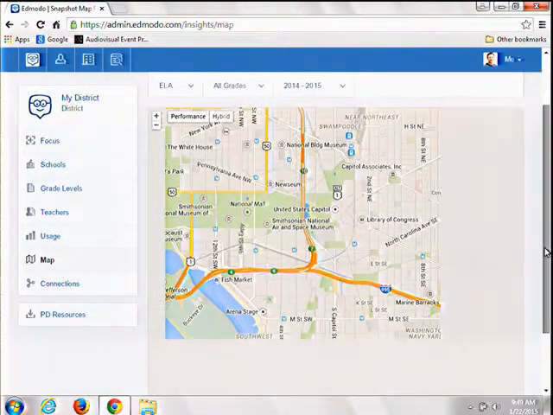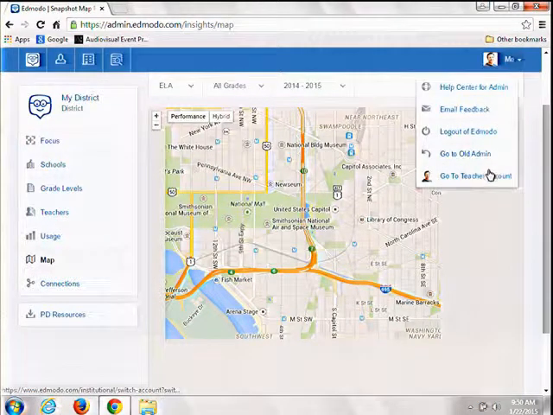where we are using Google Map technology. So for example, if you're at the district level, this is going to show you your county, for example, and plot out all of your schools and show you data on how they are doing. And a lot of times, especially if you have like feeder patterns, this really kind of shows you some geographic trends in your data that may not be apparent if you're just looking like at a bar graph. So we're just trying to give you a different view there.